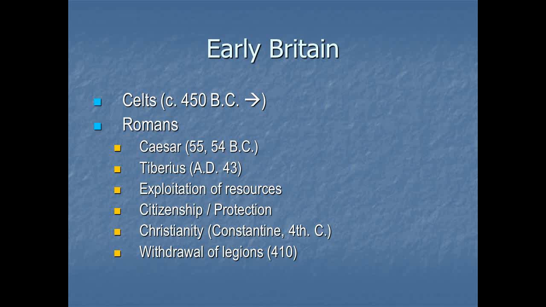Well, skip forward to AD 43, so the better part of a century, and the Emperor Tiberius launches the full-fledged conquest of Britain. His reason being, at least one of his reasons being, those resources that the Romans wanted, particularly tin, which is used in making bronze. In any case, in 43, the Roman legions overran much of Britain,